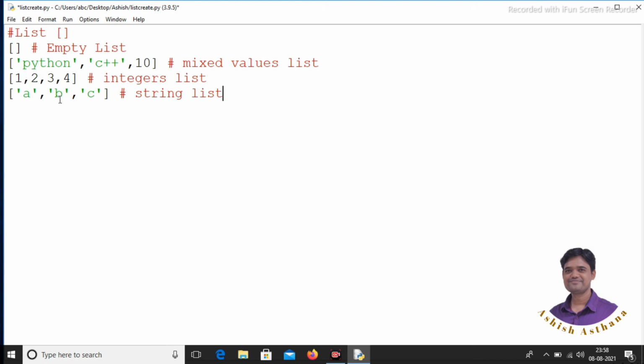Lists are used to store multiple items in a single variable. It can have any number of items and they may be of different types, for example float, integer, string. And Python lists are mutable. It means you can change the elements of a list. List items are ordered. It means that